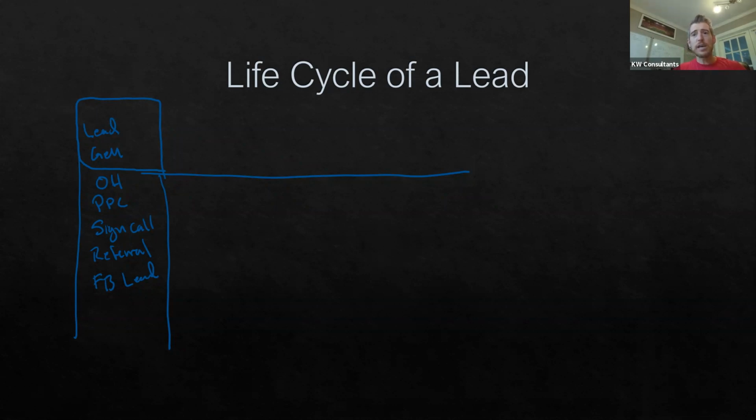But then there's the second part of the life cycle of a lead, which is probably the second most popular, and that is the active client portion. Whether it's a seller, it's going to be listing the home, or if it's a buyer, it's going to be searching for homes. And I would consider that portion of the life cycle also to include the contract to close portion. I would say that second piece probably accounts for about the last 7 to 10 weeks of the life cycle of a lead.